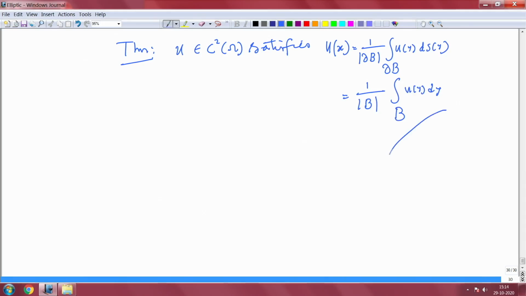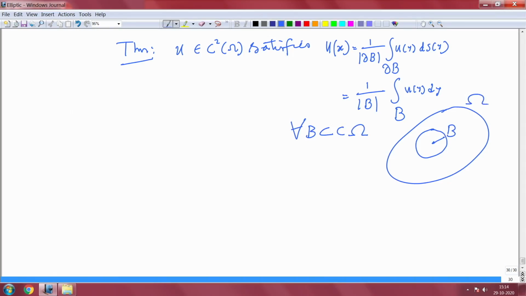This holds for any point, and any ball B, whatever the radius. It should happen for all B compactly contained in omega, that is important. Then